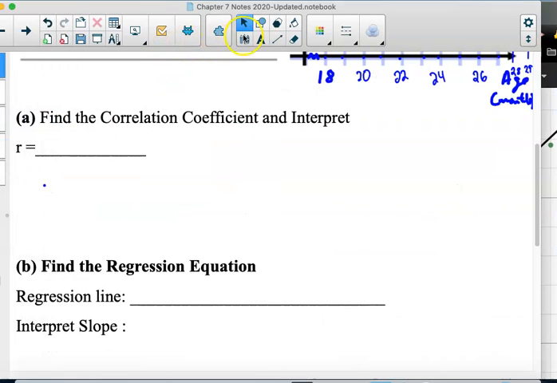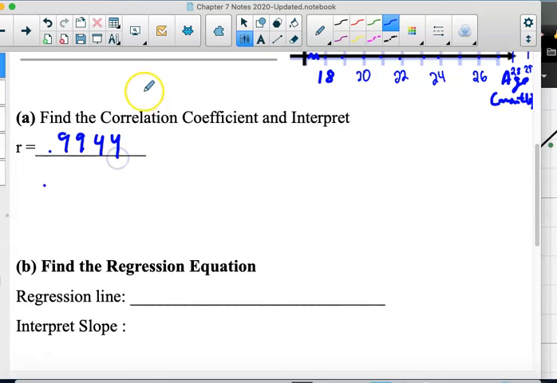0.9944. So I'm going to go in here, and I'm going to write that in there. So 0.9944. So go ahead and put that in. Make sure that you've done all the steps on Desmos for yourself. And then it says to interpret that. What does that mean by interpreting it? And so if you think about what we talked about yesterday, interpreting that thing, 0.99, that's almost 1. And so when it says to interpret it, what we would say is there is a